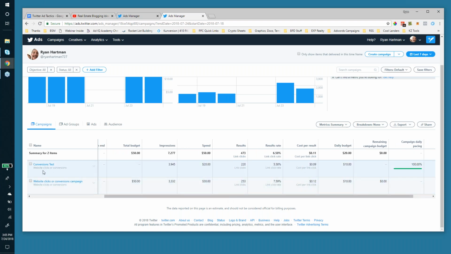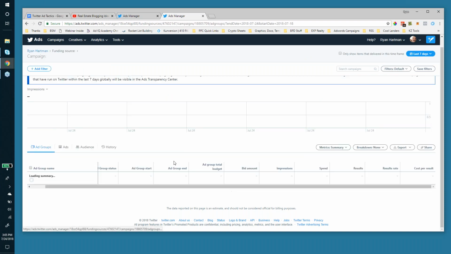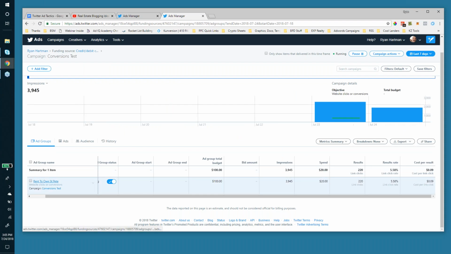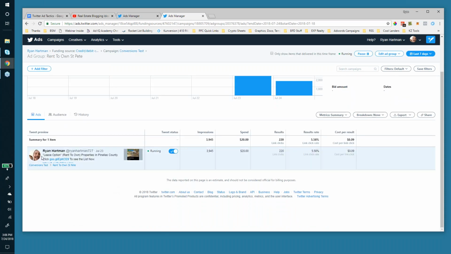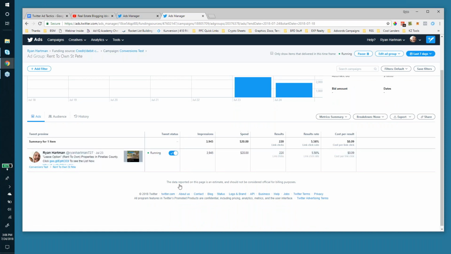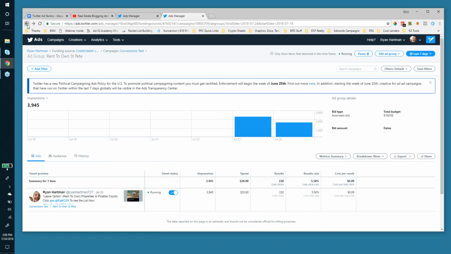I had a very high engagement rate. In my lease purchase ad, and on my fix and flip, I had a 5.5% engagement, 9 cents a click. So here's what they looked like. They're basically just tweets. So it's lease option, rent to own properties in Pinellas County, click, and I had a shortened link to see the list now. And then the other one was,